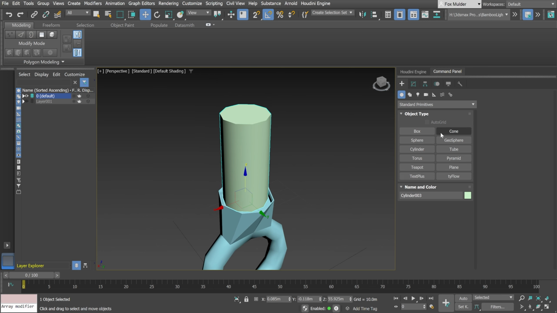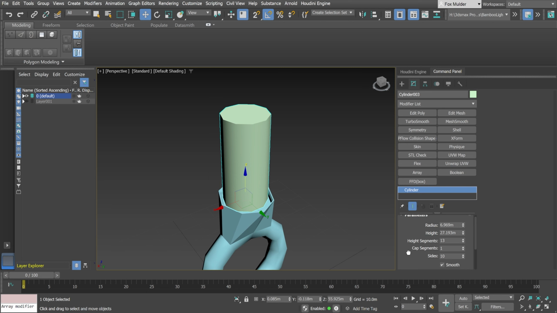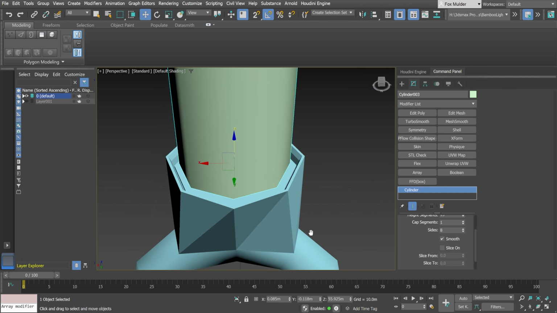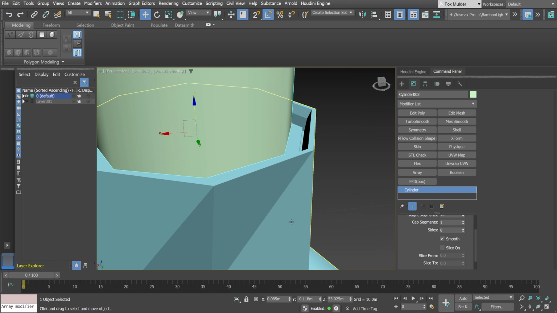We're moving it into place. Then we're going to make sure the sides are the same as the first object. Now that we've made it the same size as the first object,